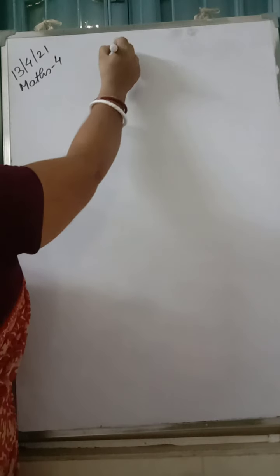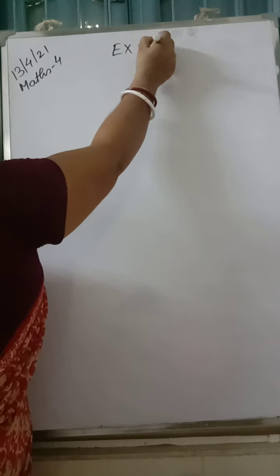Today we'll be starting exercise 3.7, where we have to estimate the sums. Till now we have learned how to estimate numbers to the nearest 10, nearest 100, nearest 1000. Now here we have to estimate two numbers and then find the sum. Means after addition, what number comes? What is the meaning of sum? Sum is a number which comes after addition. So let us begin exercise 3.7.